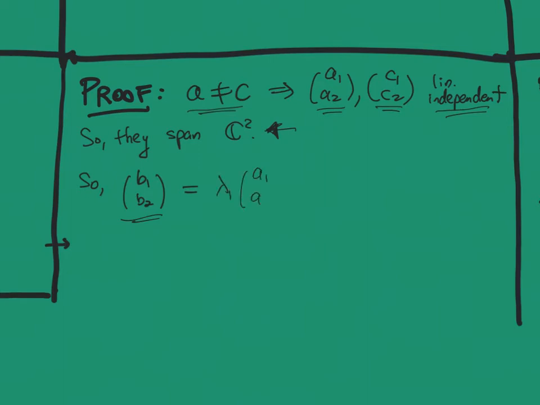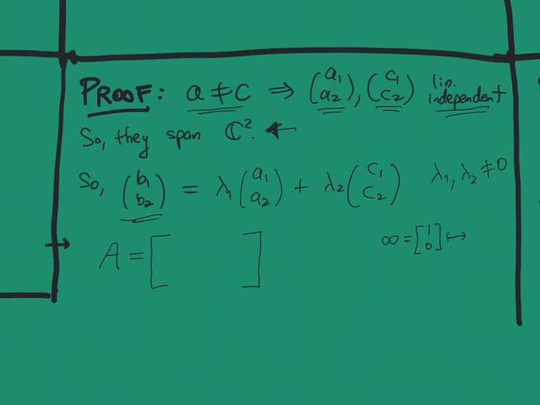so I can write it as lambda 1 times (A1, A2) plus lambda 2 times (C1, C2), for lambda 1, lambda 2, and they have to both be non-zero, because if one of them were 0, then A or C would be equal to B inside of CP1. So now that we do this, we can build the correct matrix in PSL2C that does what we want. So recall, we need infinity, which we write as [1, 0],